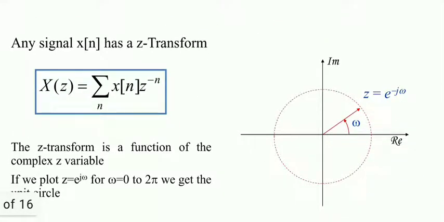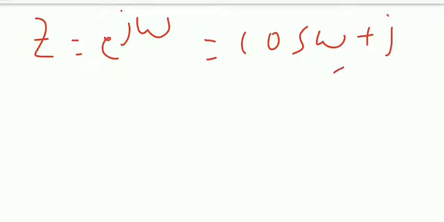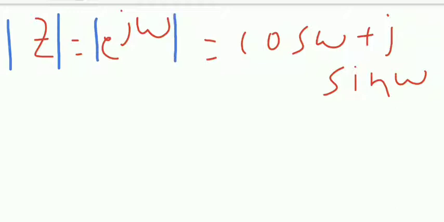Now we will see the meaning and significance of z is equal to e power j omega. E power j omega is a very, very important factor in all the signals and systems transformations. Let us see the significance now. Let me explain. Z is equal to e power j omega, I told. So e power j omega I can write as cos omega plus j sin omega as per Euler's theorem. If you take the magnitude of e power j omega, that means I am taking the magnitude of z. So mod z is equal to mod e power j omega.